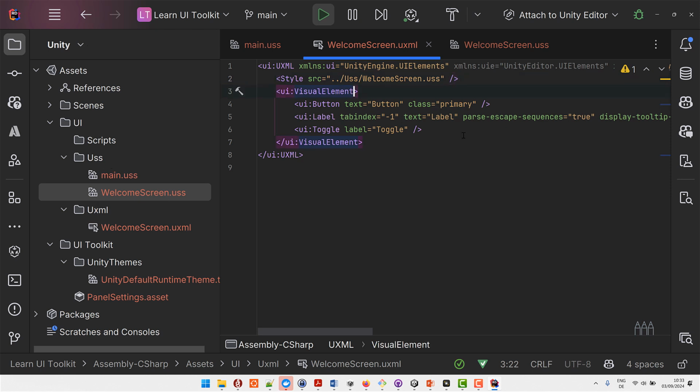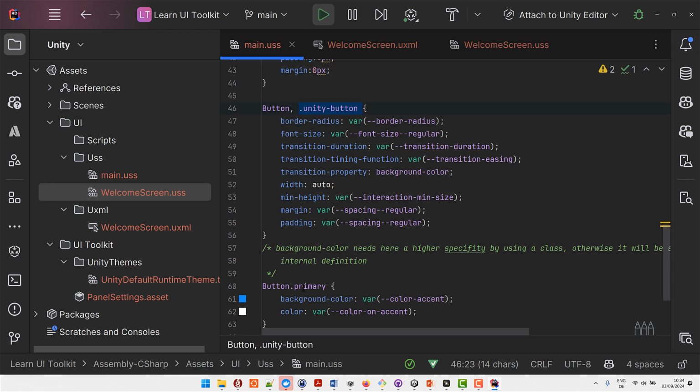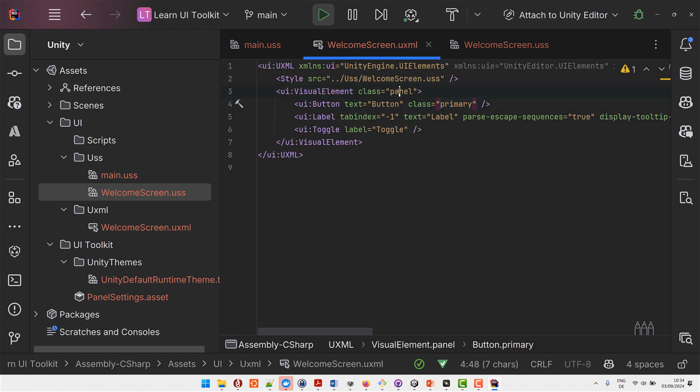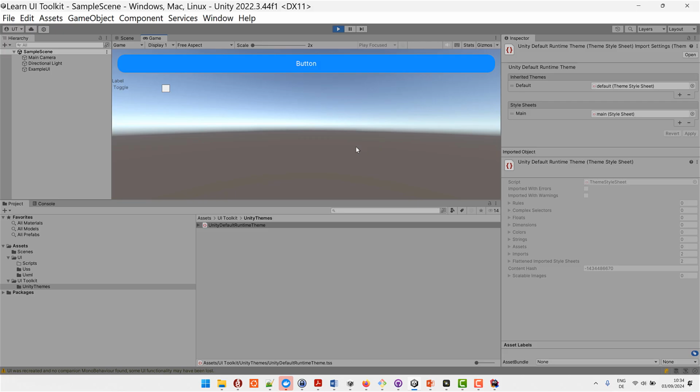And now we can use this class for the panel. So we use the class primary from the main.uss, button primary. It will only apply for button primary. And we use the panel class we defined here. Let's see how this affects our UI. The button changed and the rest should be the same because we just moved the inline style to the USS